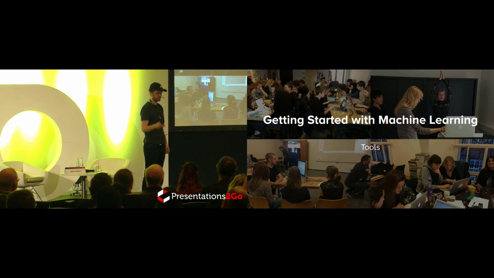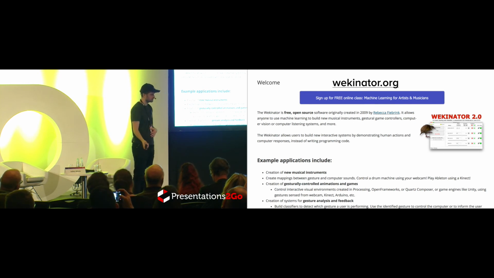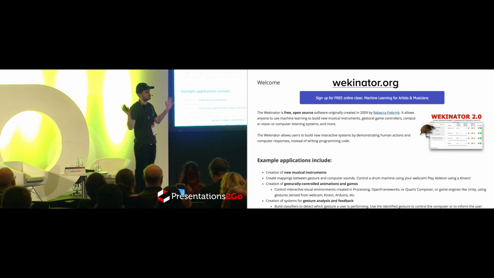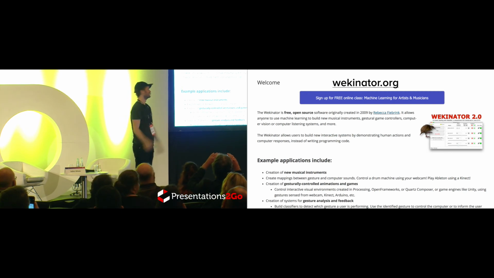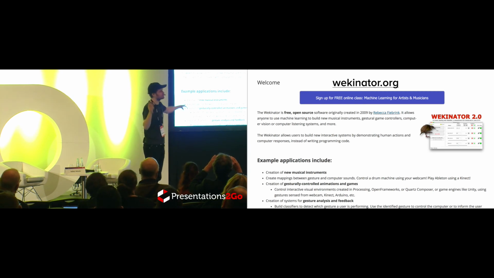Okay, I'm running a bit out of time. So, getting started with machine learning, some of the tools. Wekinator is a really, really great tool. It has a graphical user interface. It doesn't do a lot of stuff on its own. I've never seen so many phones. Well, it's cool. So you have to connect it with some other software like Unity, which is a game engine,